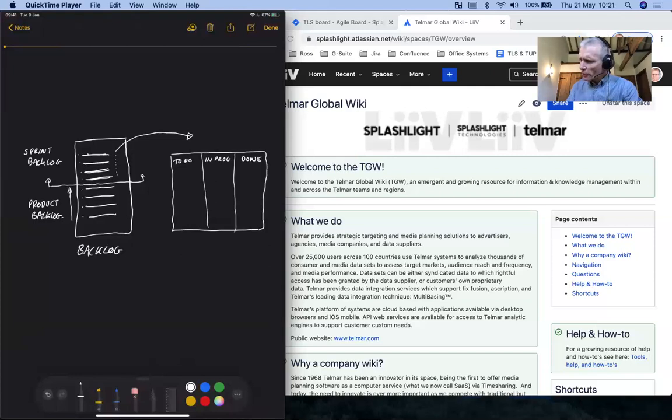So what happens with all these stories that we put into the sprint backlog when we were planning? Well, as I said, we're going to move them onto the board. So they are going to go here onto the first column. So now we've got our stories. And why am I telling you all this? It's because when we look at Jira, we're going to see this in practice.